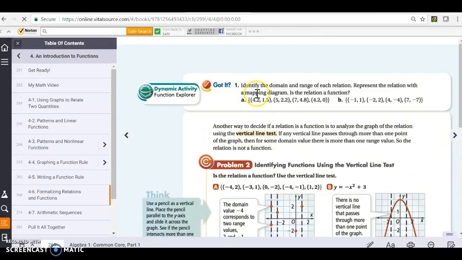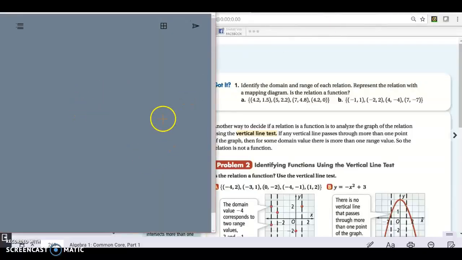So let's do the guided now. It says, identify the domain and the range of each relation. Represent the relation with a mapping diagram. Is the relation a function? Let me make this a little smaller. Okay, so for the first one, my domain